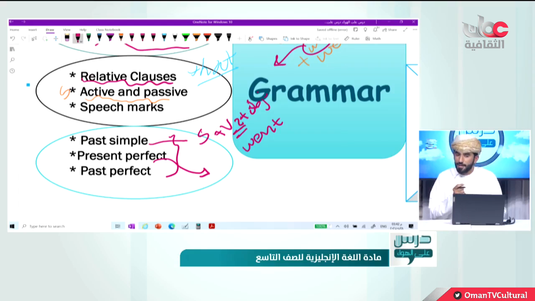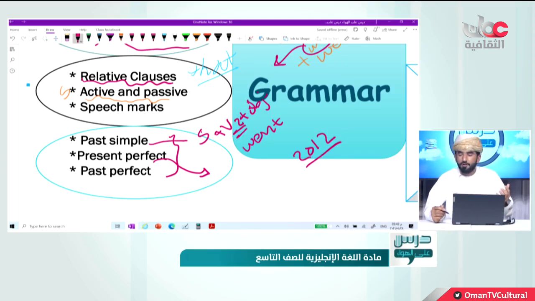But still it has got some kind of effects. Am I right? Or still, till now, it's happening. For example, myself, Mr. Abdullah, I have been a teacher for 10 years. So being a teacher happened 10 years ago, in 2012, right? I became a teacher. The same action, still at this moment, I'm still teaching you guys.